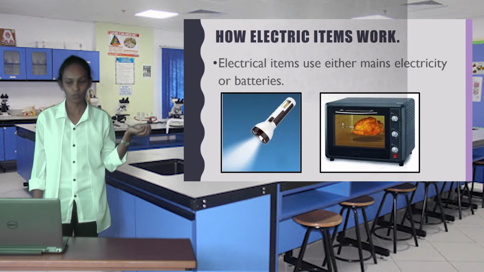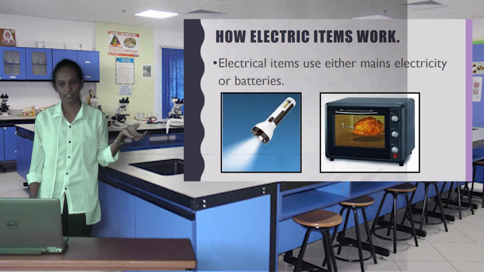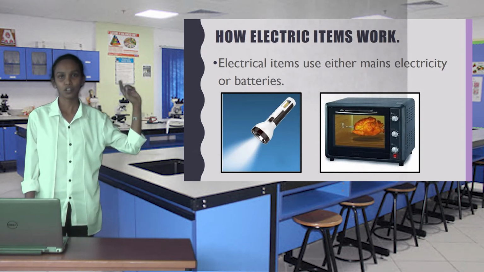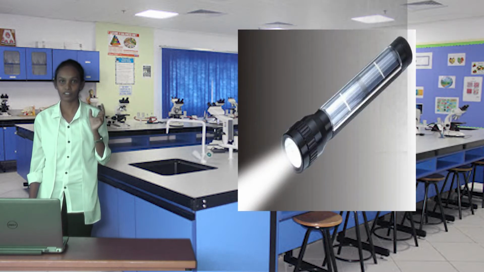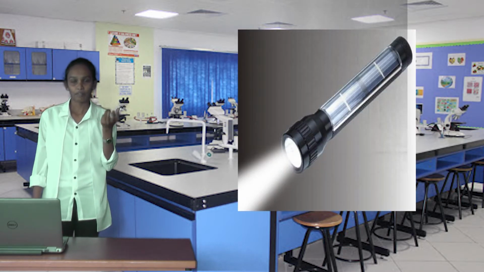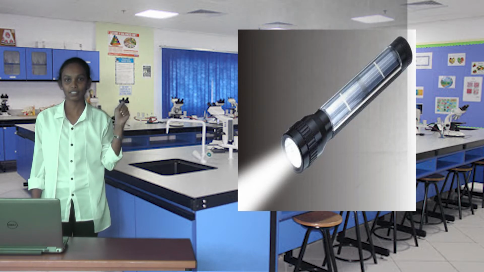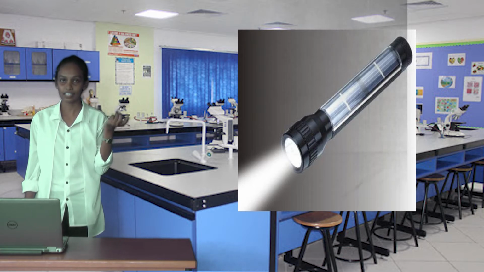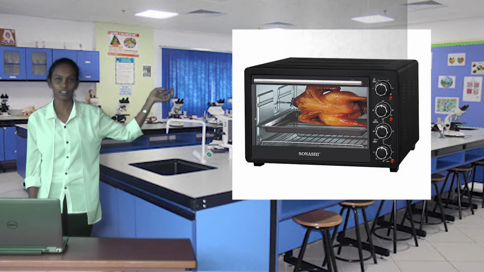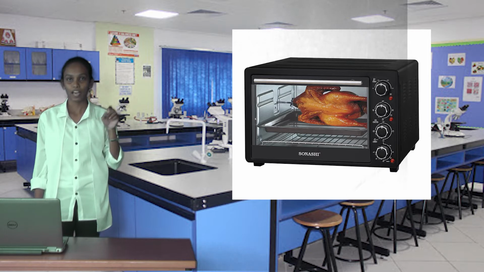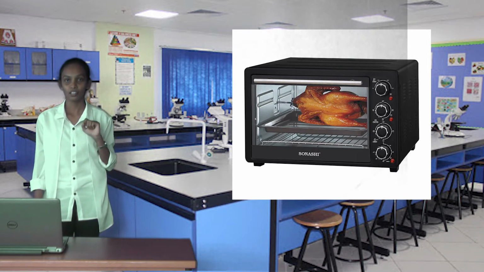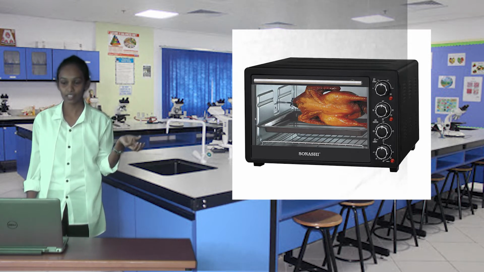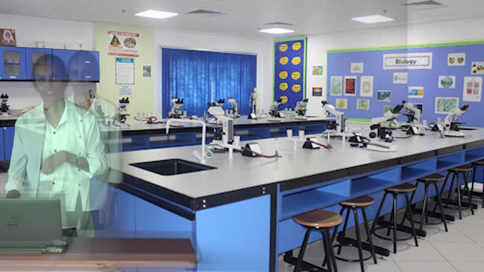These electric items work by using the electricity from batteries or else from the mains electricity. You can see there's a picture of the torch. This torch works by the electricity of the battery. We can take the torch everywhere. When we want to use the torch, we do not always plug it into a switch, because there's a battery in it which stores electricity and we can use it anytime we want. But when you look at the oven, can we carry the oven everywhere? No. We have to keep it in one place and plug it and use it. So like that, electric items work by the help of batteries or by the help of mains electricity.